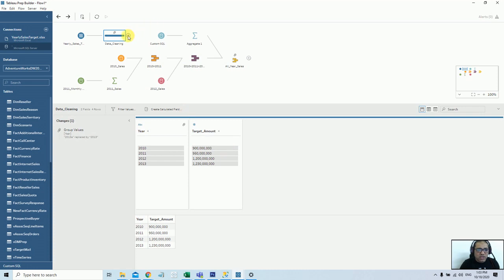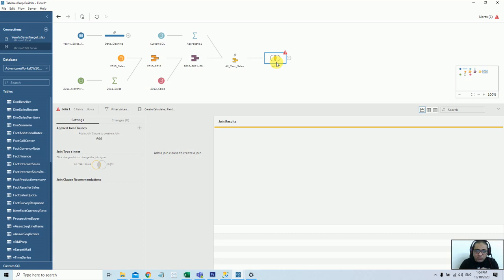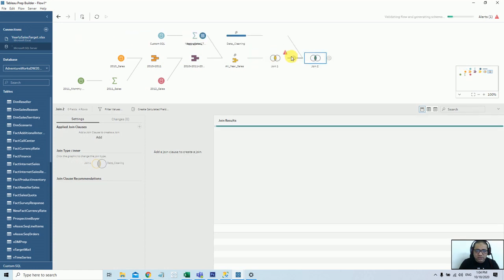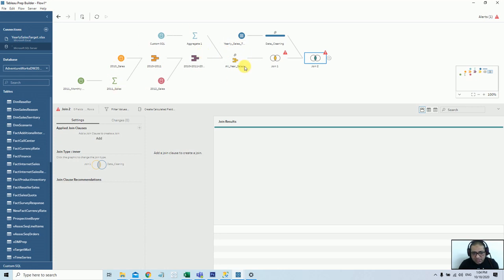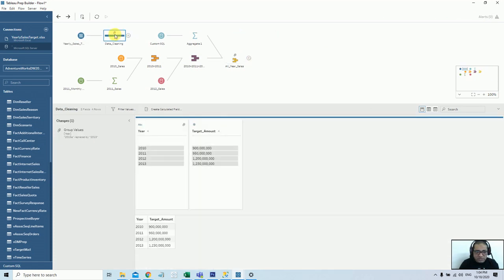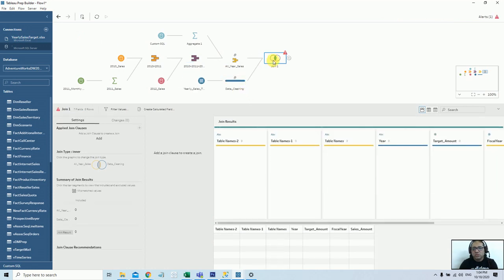How we can do that? I will add a join condition here. Let's say join. Now here in this join, I want to join this data with the target data. How we can do that? So here in this join, I will just drag this into the join, and now if you see, my complete sales and target are joined, right? So how we can do, sorry, let me move this join condition and bring this data into the union and leave it onto the join, not the union.